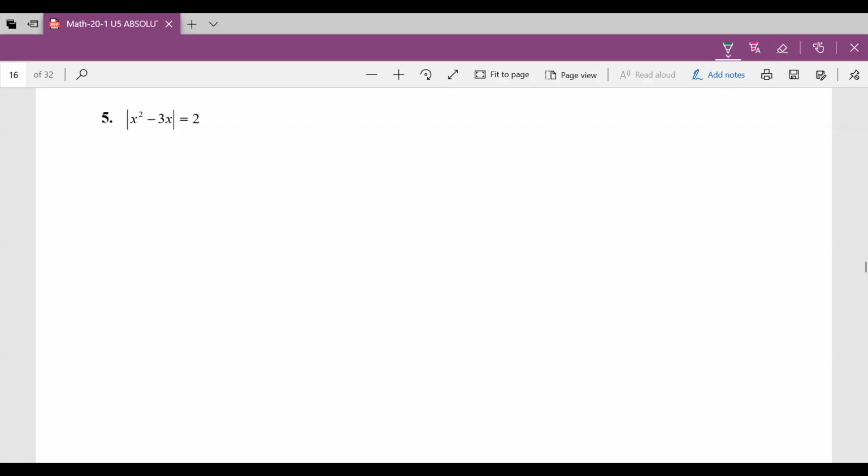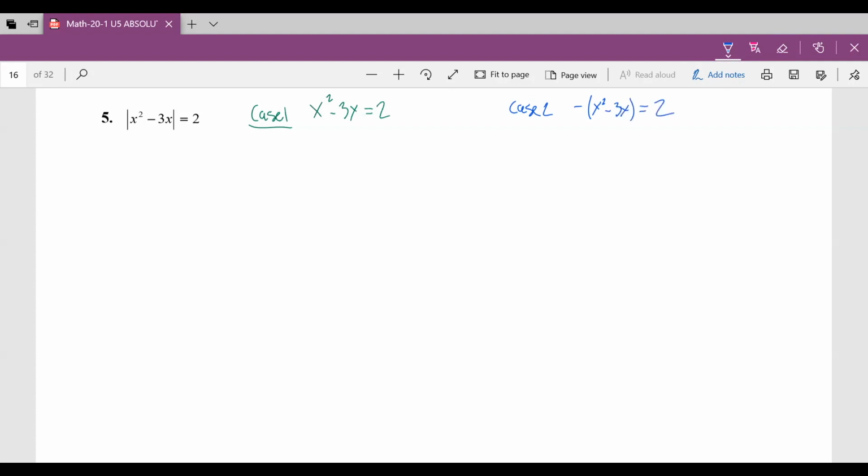And in the first case, let's cleverly call it case 1, we're going to presume that everything inside the absolute value signs is positive. So we're going to presume that x squared minus 3x equals 2. And the second case, which is going to be standard for any kind of question we do with absolute value, is when the negative of the contents inside the absolute value signs is also equal to 2. So case 2 then is where negative x squared minus 3x